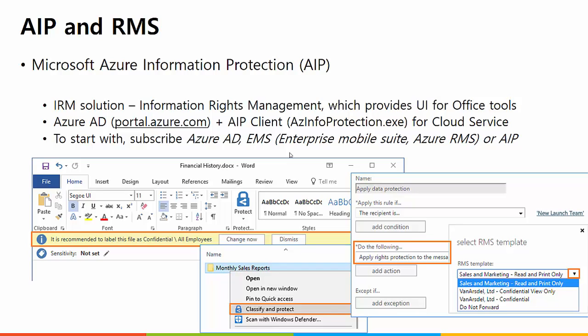And it provides user interfaces. So when you open any Microsoft Office documents using MS Word, Excel, PowerPoint, and Outlook, there are buttons to protect the document by setting teams, permissions, users, as shown in the screen. So you can make the document confidential for internal employees only, and then you can set the permission such as